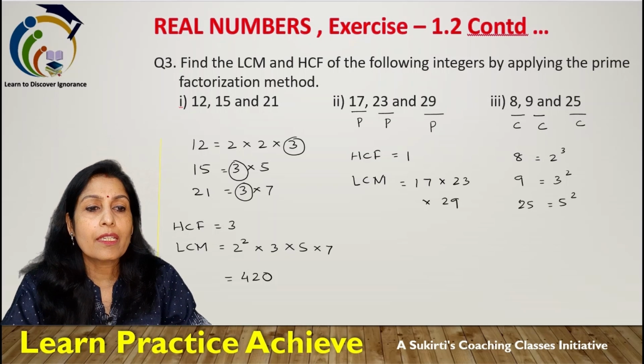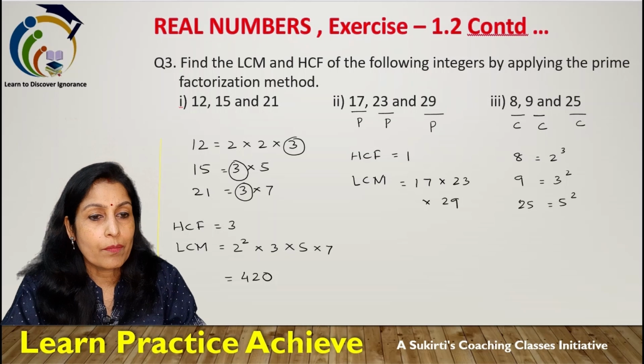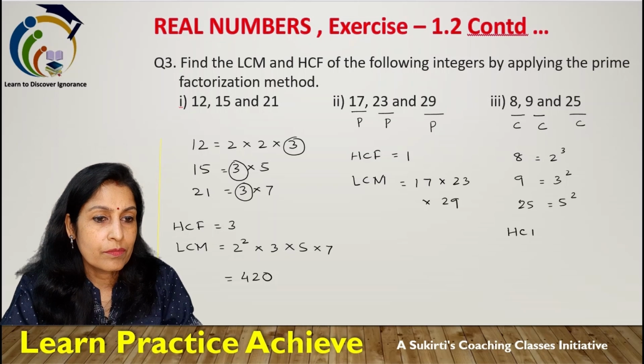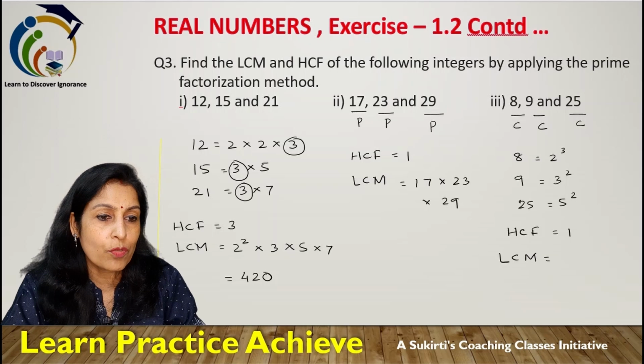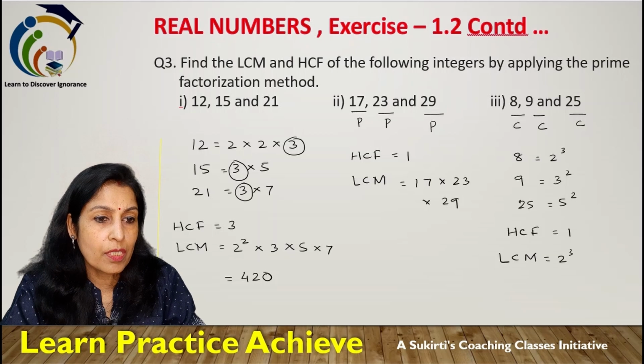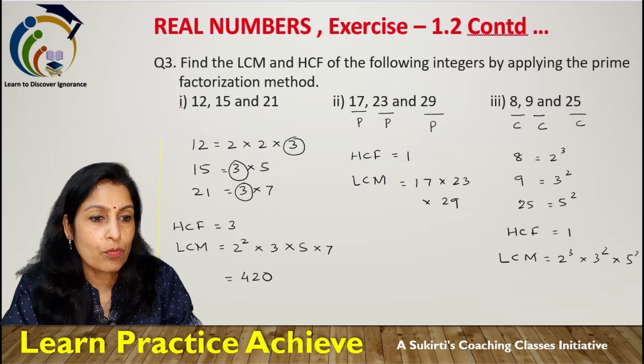It means again here no common factor between them. So HCF here is equal to 1, and again LCM is equal to multiplication of all these numbers because there is no other common factor between them. So 2 to the power 3 into 3 to the power 2 into 5 to the power 2